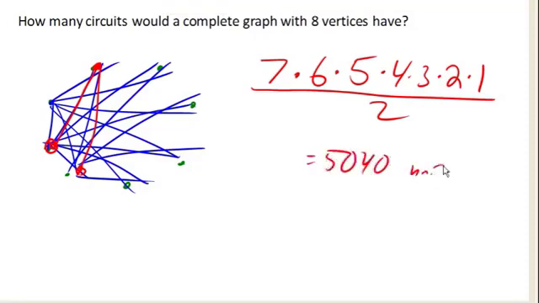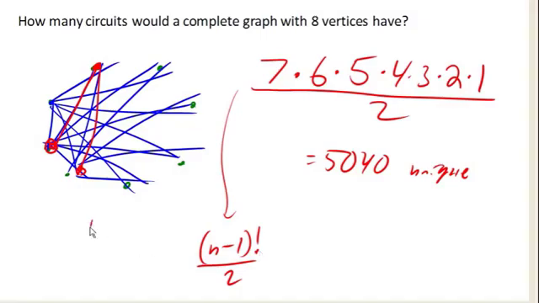Now, that is a lot of circuits, and I certainly don't want to have to list all 5,000 of them and calculate the weight of each of them. That is pretty darn tedious. By the way, there is a handy notation for this called a factorial. This would be n minus 1 over 2. Sorry, n minus 1 factorial over 2, where n is the number of